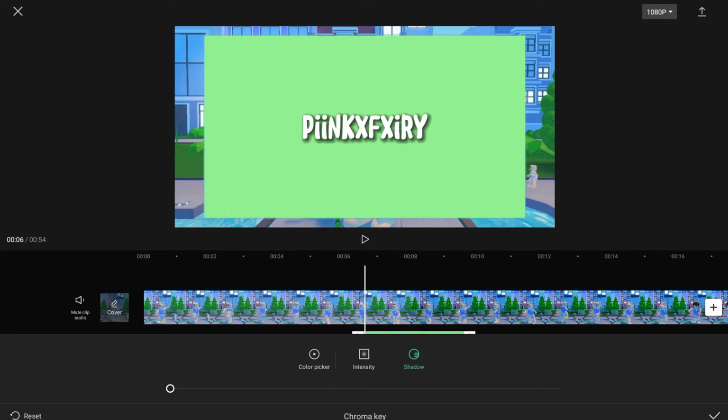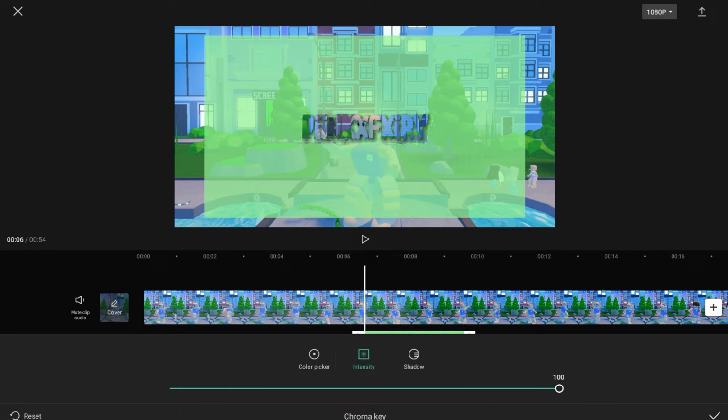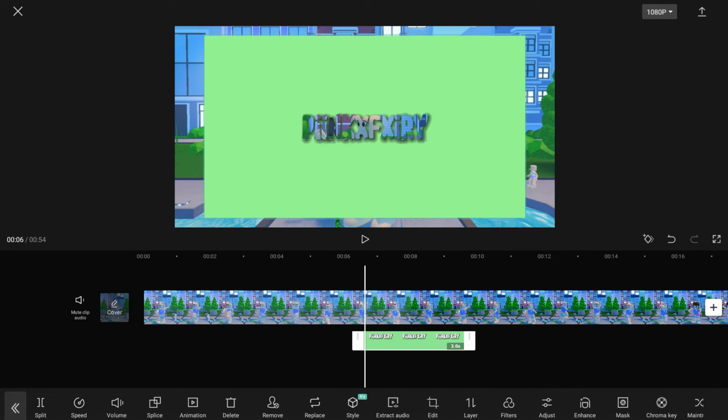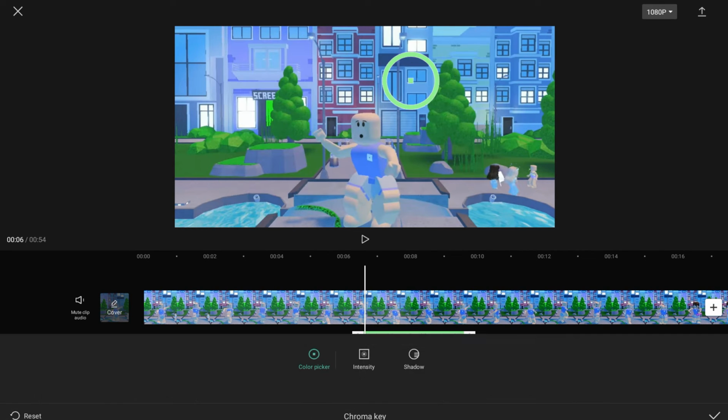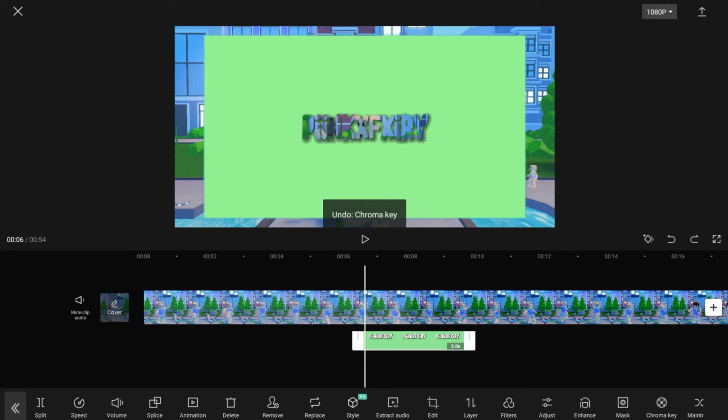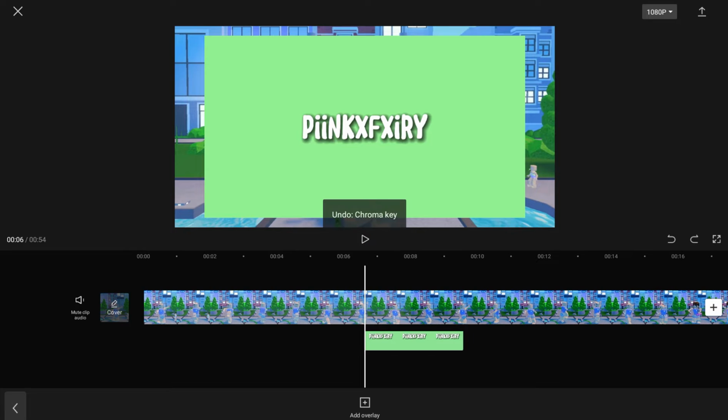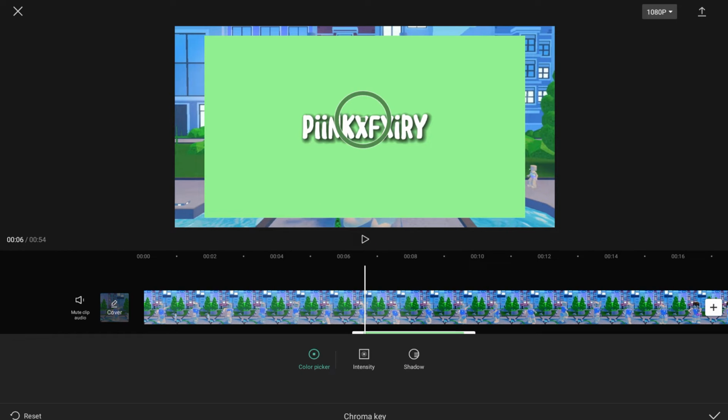If you go to the text, you can do shadow, like chroma key, text, and then you can do shadow on the text. I think that works. I don't know. Oh, you can do that as well, I guess. Wait, does that actually work? No. Anyway,